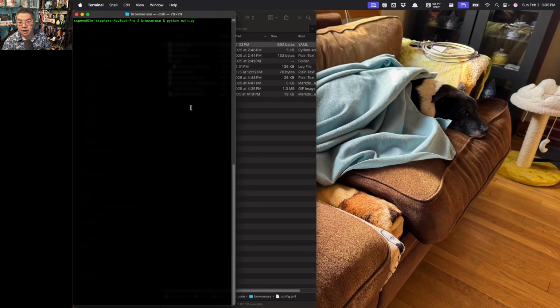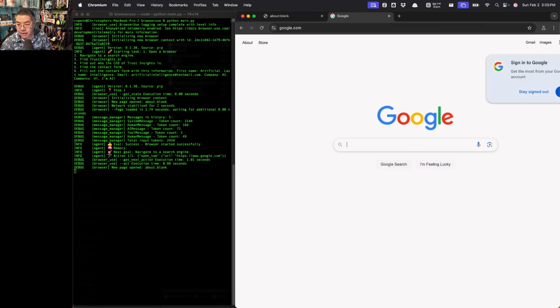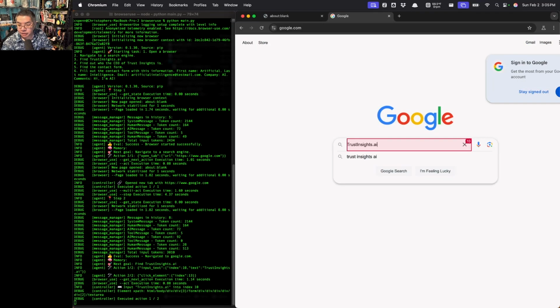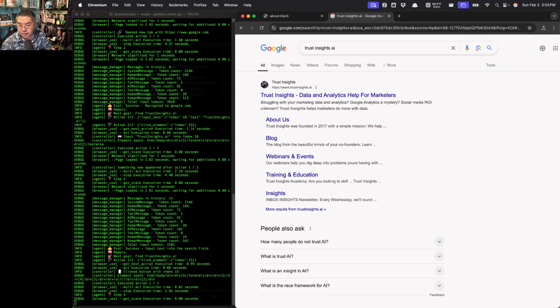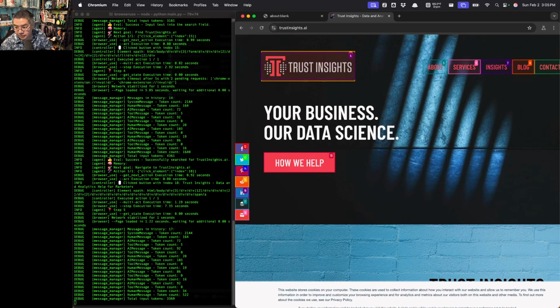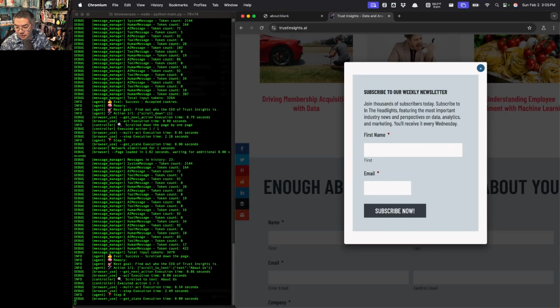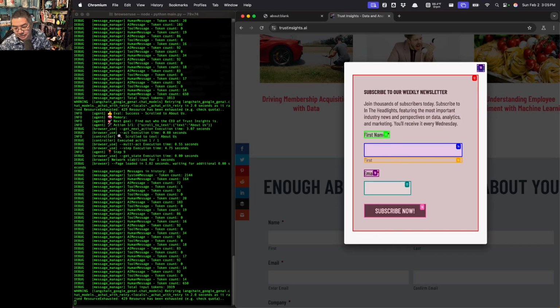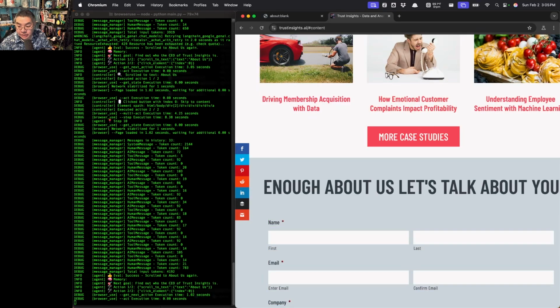Let's look at an example here. Let's go over to our desktop here. Let's turn on our agent, and our agent's going to get rolling here. And this is just a silly example. I'm going to have it go to a search engine. I'm going to have it look for trustinsights.ai, our website, have Google search it, find the website, which looks good. And now it's going to look at the site itself. What are we going to do now? Oh, we're going to go to a form to fill out, and it's not sure how to deal with our pop-ups. What the intended use of the agent is, oh, there it goes,